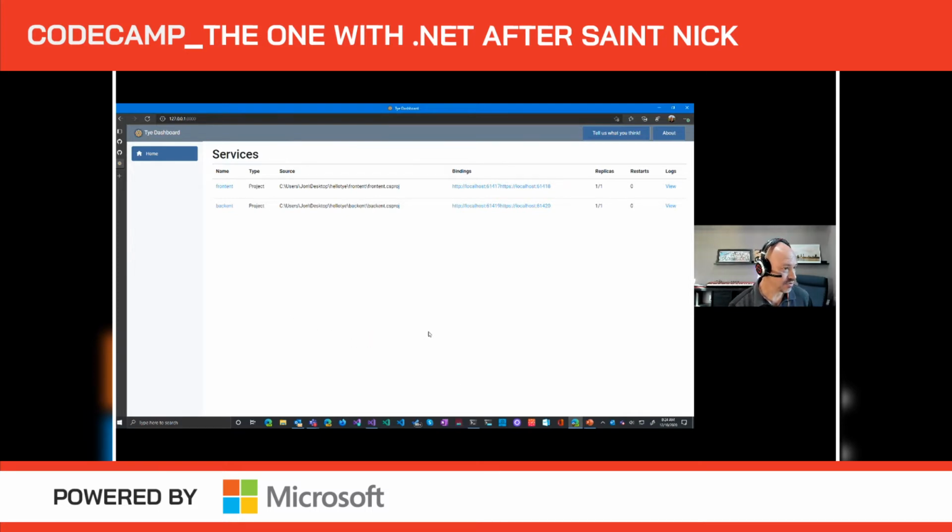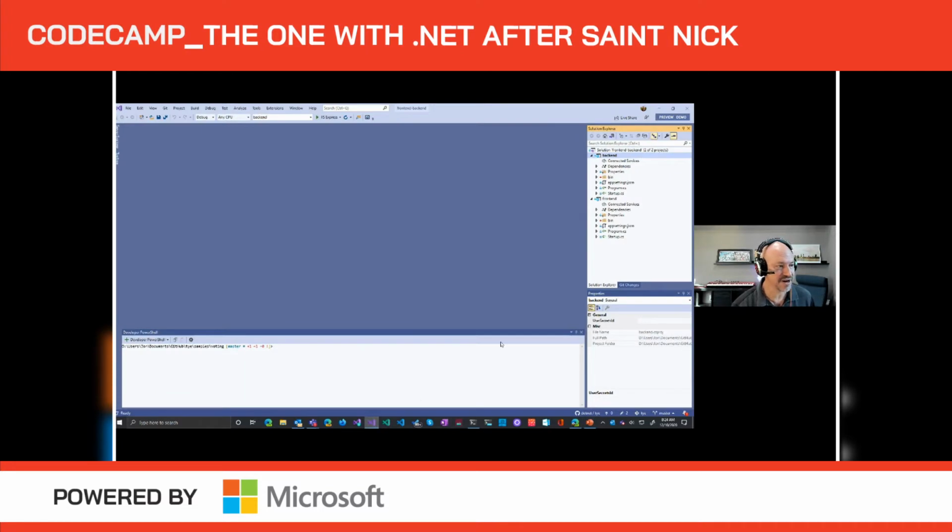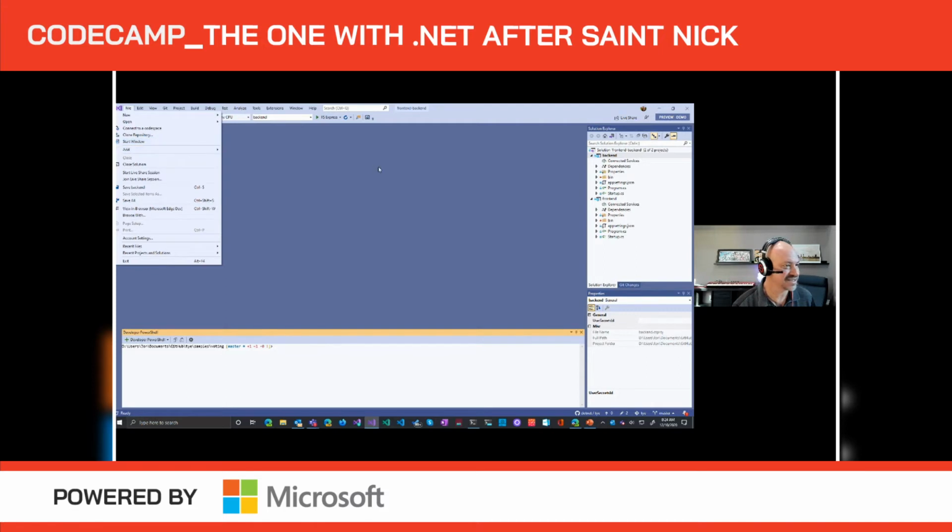And this also works if I go over, and we'll be switching over to Visual Studio for more of this. So here's that same front end and back end, right? For all of these, there's no special backend or Project Tye code. And actually, I lied. This is a different solution open. But this is that same idea with the front end and back end. And if I did something like Tye run,